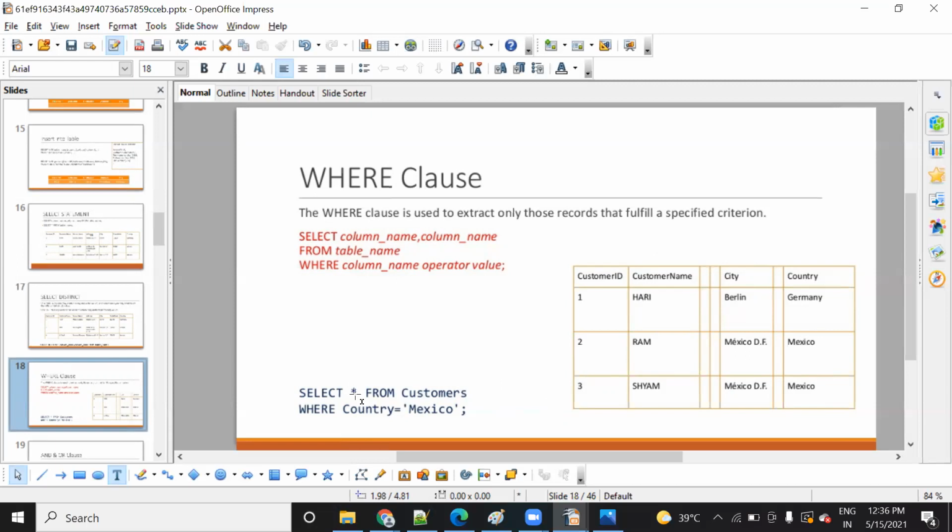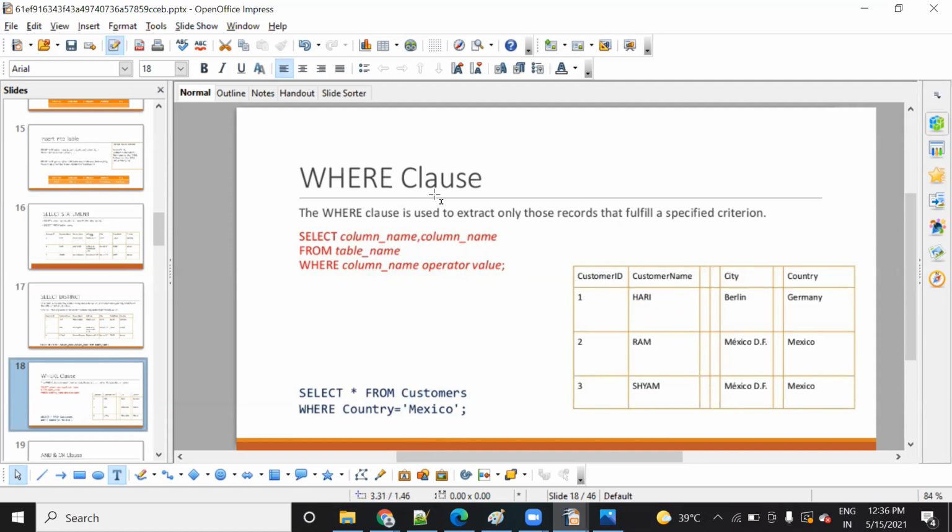From customer. Asterisk means what? I have explained it to you right now, right? Asterisk means this will show the whole table. Yes. So now when the country is equal to Mexico, how many rows will it show? Two rows. Correct. So here it will show you these rows and all columns, meaning in these two rows, all column values it will show. How many values? One, two, three, four values, right? Yes, in this way the where clause is used.